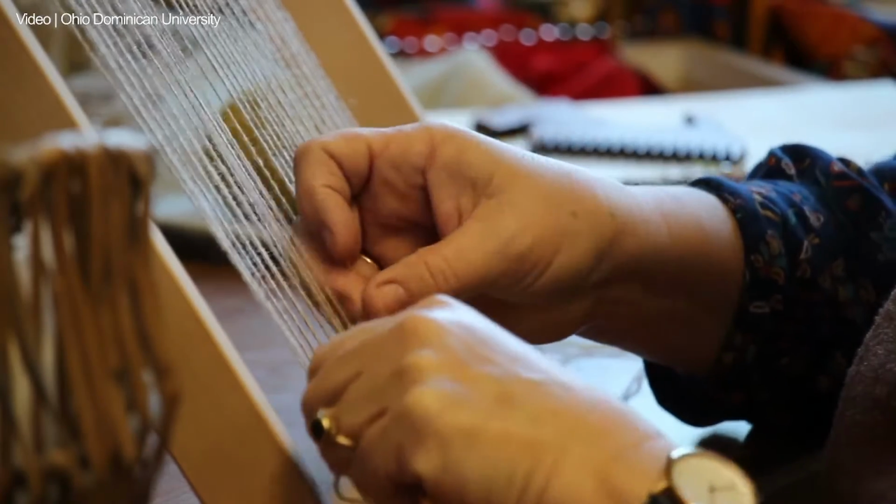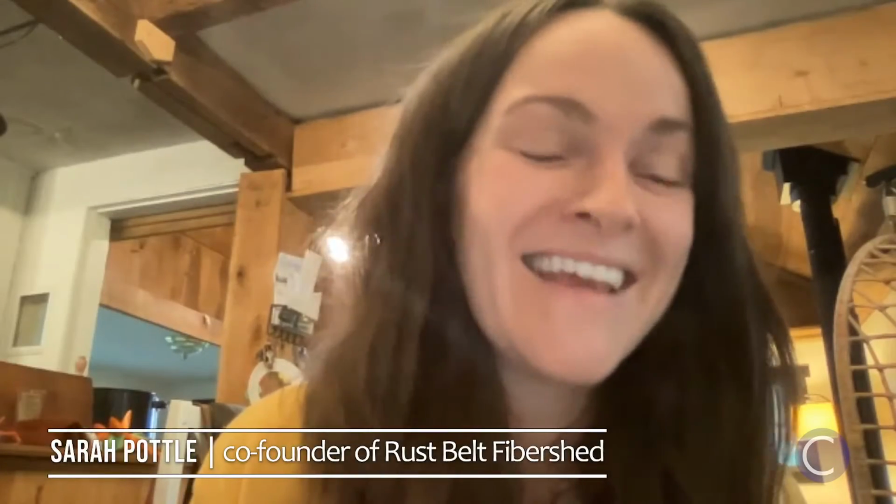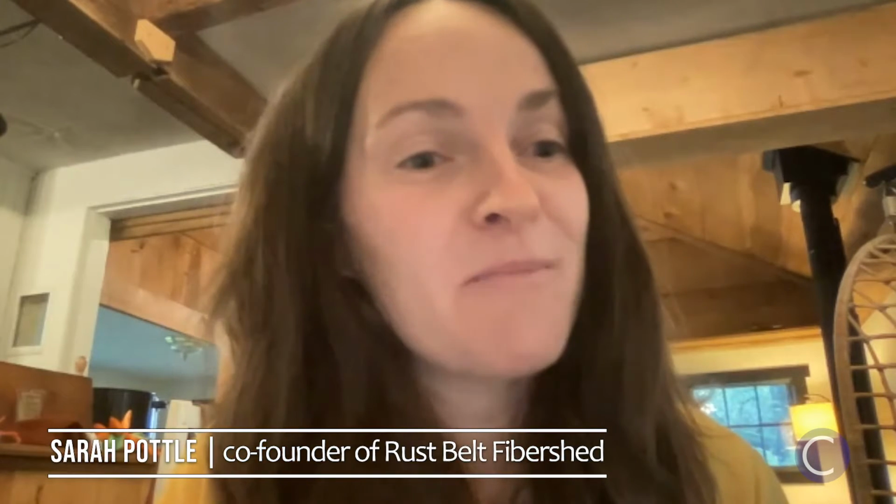Clothing can come from two big, broad, general categories. One is animal or plant, and the other is petrochemicals. So most of our clothing now comes from the fossil fuel industry. So if you buy any clothing that is acrylic or nylon or anything like that, that is a product of